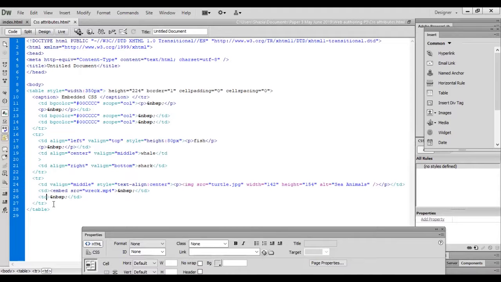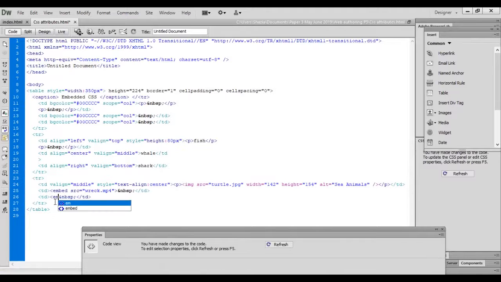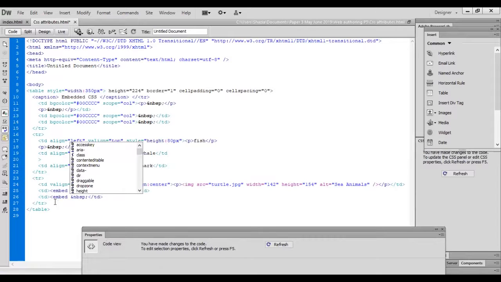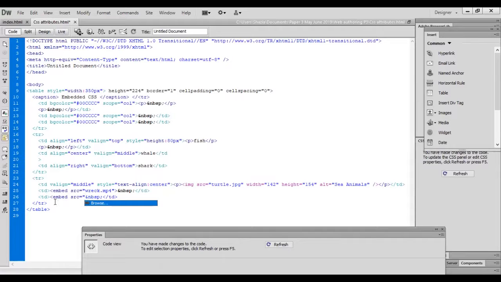Again here TD, then use embed, source is equal to the file name whale dot mp3.